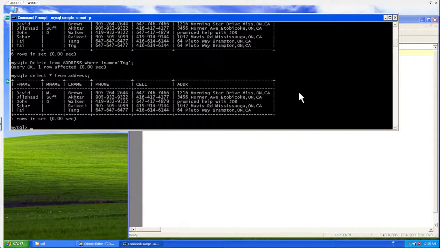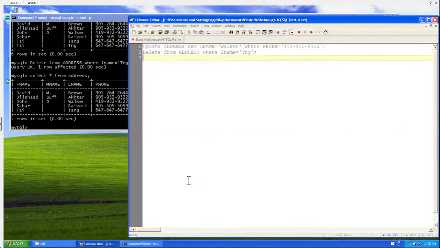See, last row is gone. So we are good with this one. So from there, next we will try to create another trigger. Now see, when we create a trigger, there are two ways. We can create a trigger inline. Inline means whatever we are having, we will just check our